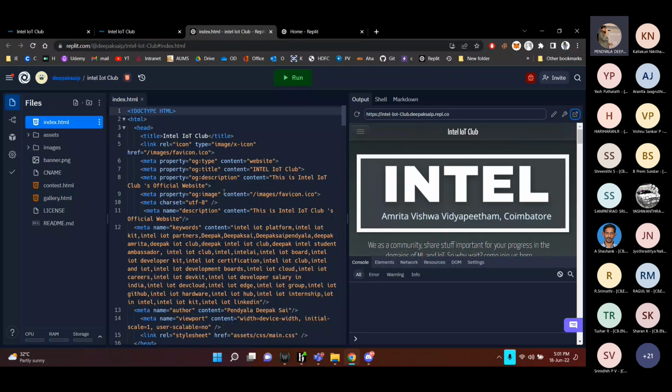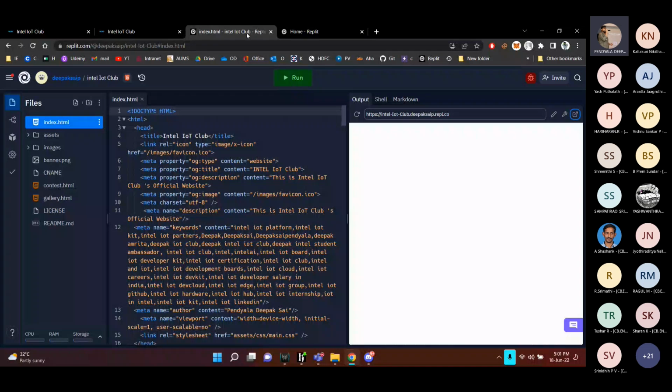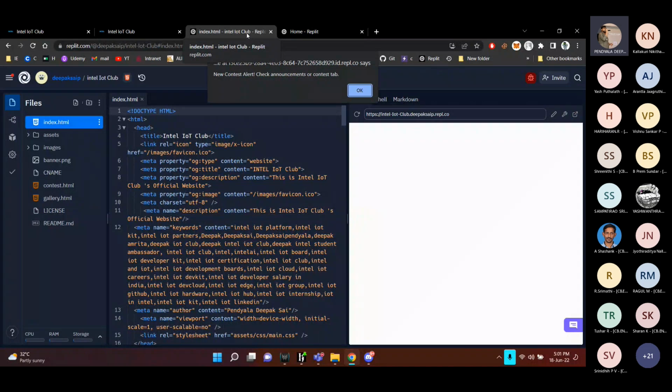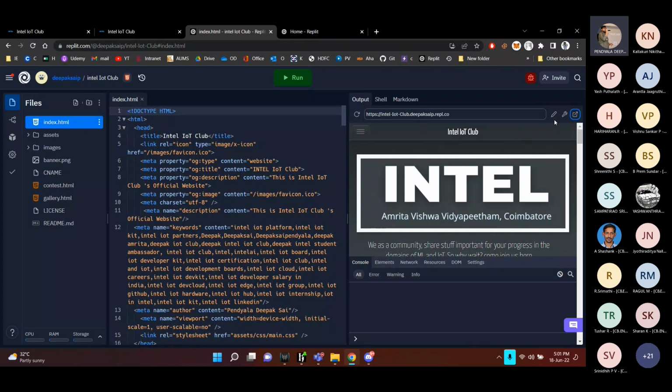For that, you need to just run this program, and the program will be running. If you close this tab, you should stop. When you stop the Replit, then the website won't work. The server should run 24 hours to be on the internet. So directly hosting on here is as simple as you can think.